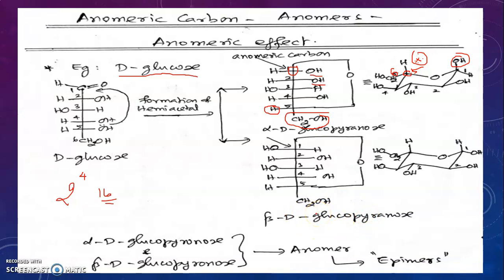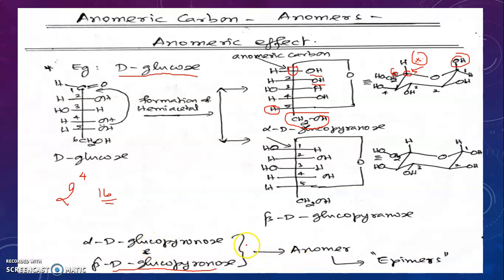Are you able to understand? So if you dissolve glucose in water, you know very well it will undergo mutarotation. Because of mutarotation, you will get alpha D glucose and beta D glucose. But in these two, which is present in major amount? Beta D glucose is present in major amount. Actually, the ratio is 2:1 roughly. Keep this in mind. Beta D glucose is the more stable glucose compared to alpha D.